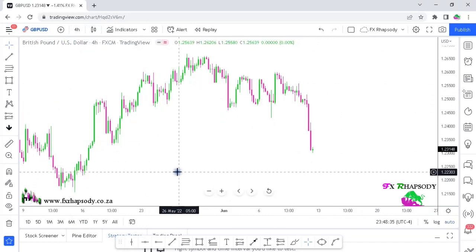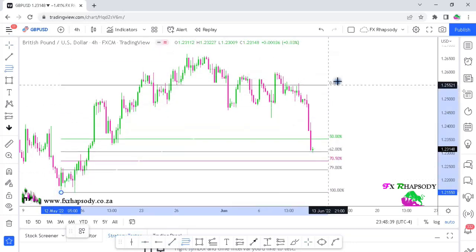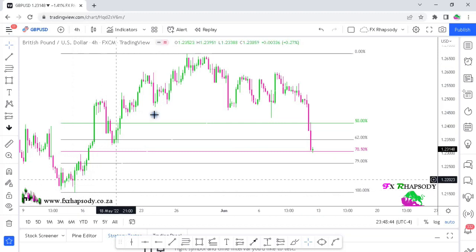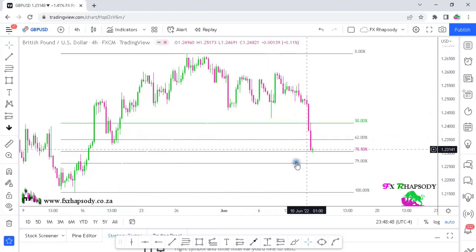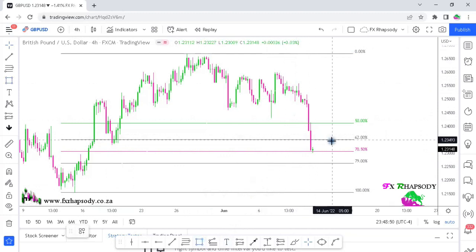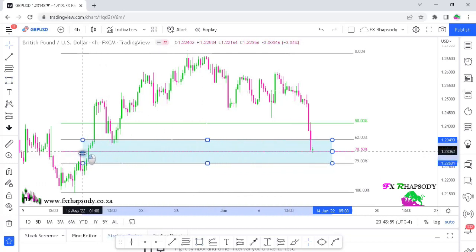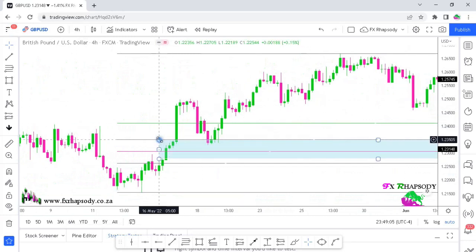So on a 4-hour time frame, again, we pull out our Fibonacci from the swing low to that swing high. Okay, from this low to that high, you can see price retracing back into our zone over here. Okay, that's a very nice key area. Interesting to that zone is if you draw it to the side, you will find, let's just zoom it in a bit, you will find